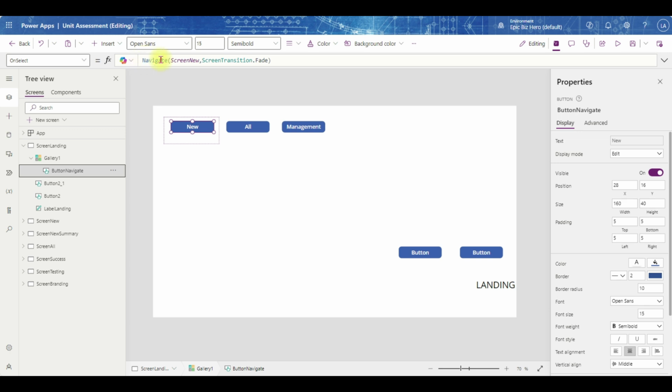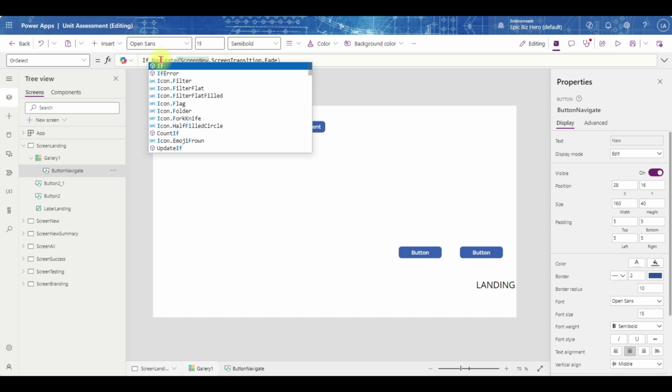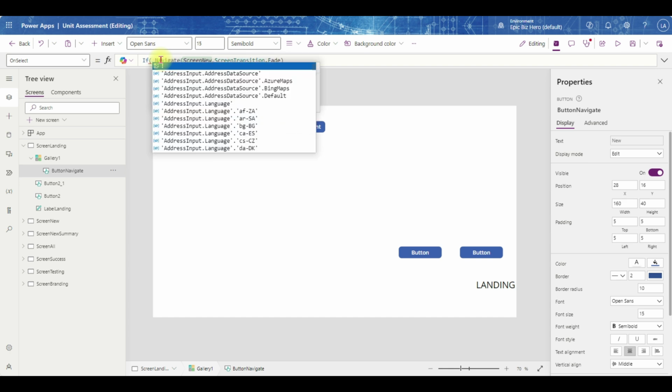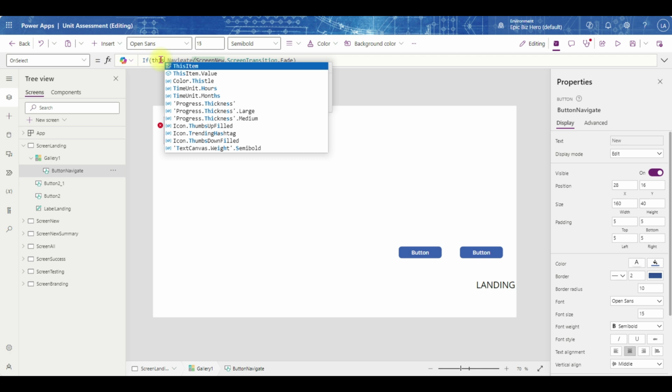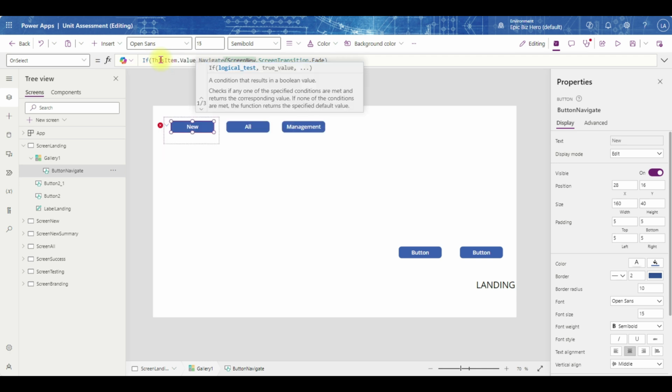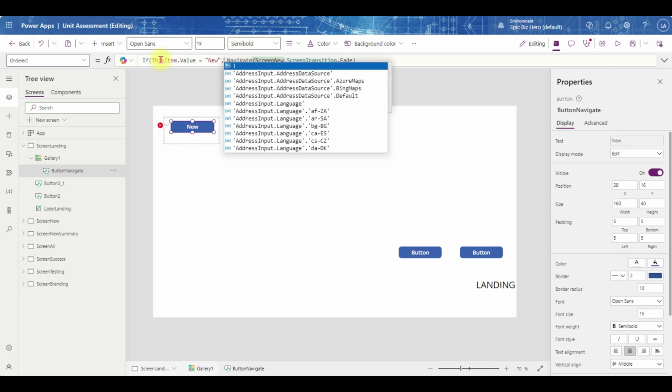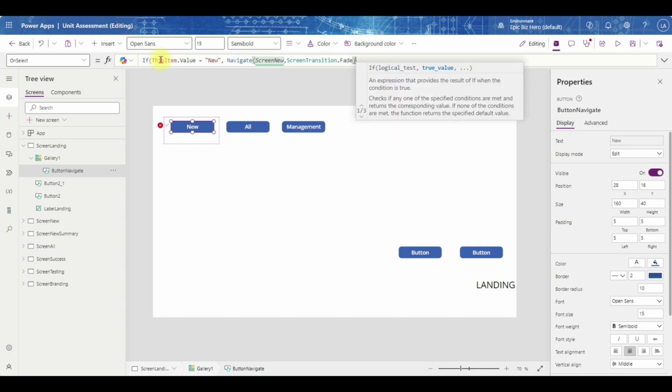Like Excel, formulas here work from the inside out, so go to the beginning of your formula and add a space. At the beginning, type if, open parenthesis, this item.value, equals, double quotes, new, close quote, comma. Then go to the end and add what happens if that first condition is not met, comma,